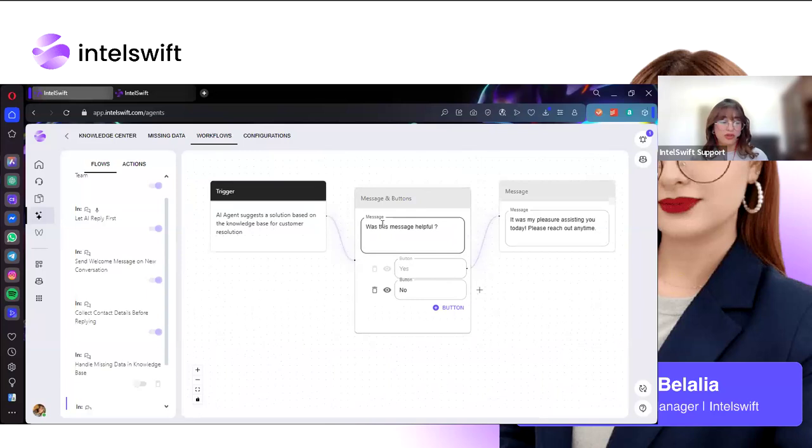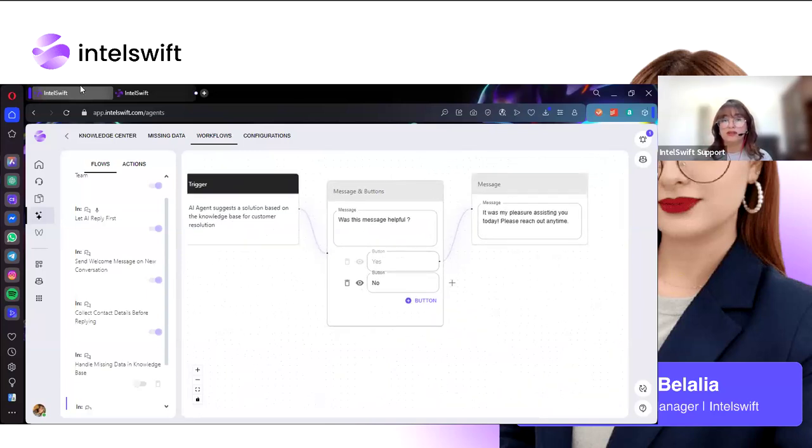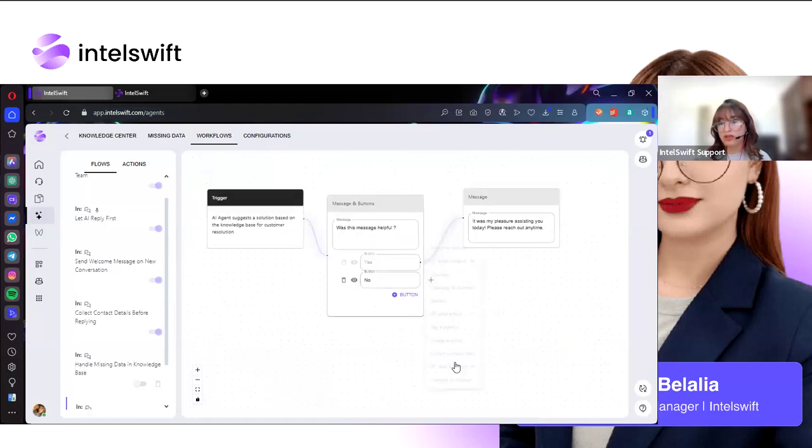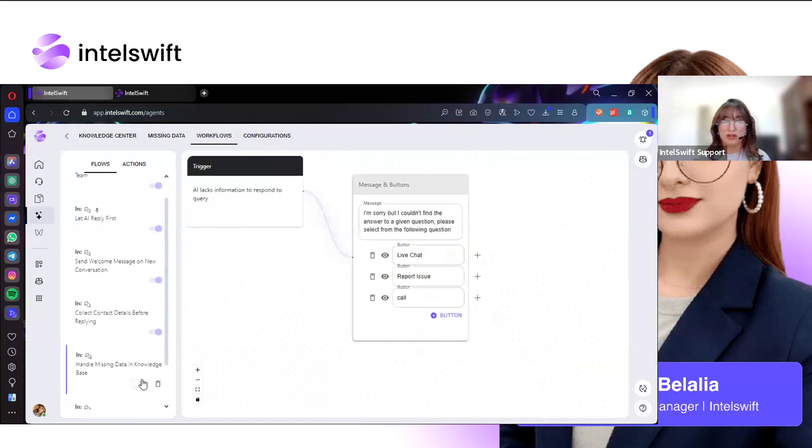So let's suppose your AI agent didn't answer the message or has not enough knowledge base. Here you will choose what happens next. If it answers no, you can create a ticket also. And once it's turned on,